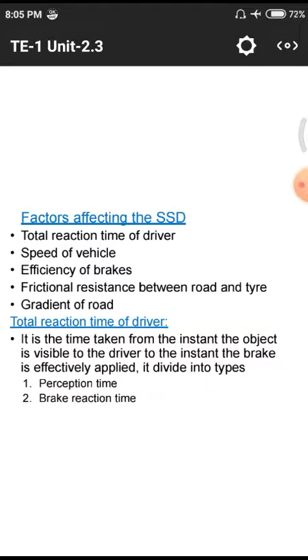Next one is the gradient of the road. Gradient means the slope they maintain on a particular span of the road to handle water entering those roads. Simply, for drainage purposes they maintain these gradients to drain water from the particular span of the road. We need to maintain a proper gradient. If the gradient is not proper, that means rising and falling, rising and falling, the vehicle will automatically face ups and downs.